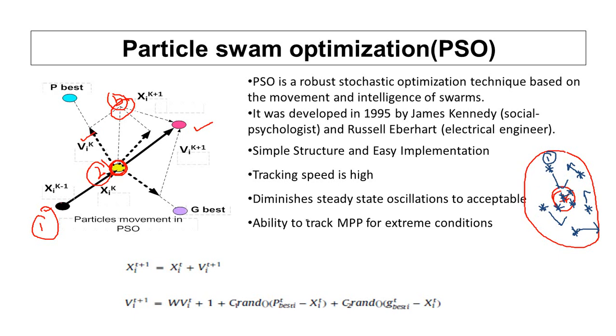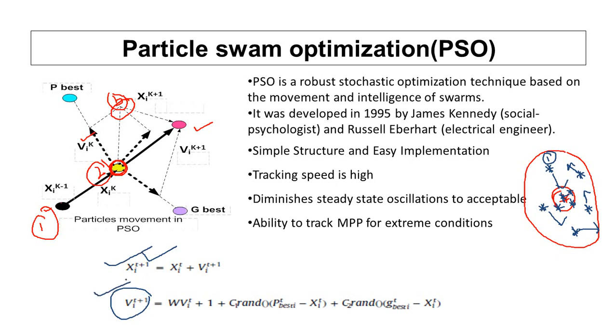So the position is what I call xi. Xi is the position of the particle, x1, x2, x3, x4, x5, the current position, and the next, t plus 1, is the next iteration. V is nothing but your velocity, how much it is trying to move. So x is the position update, and v is the velocity update, how much it is moving.